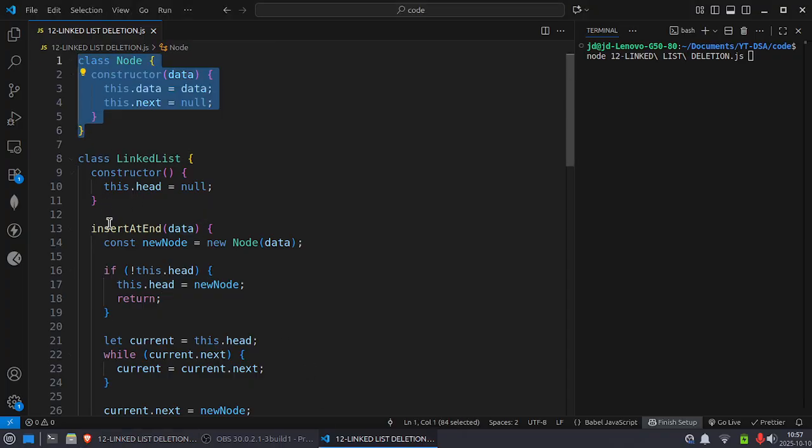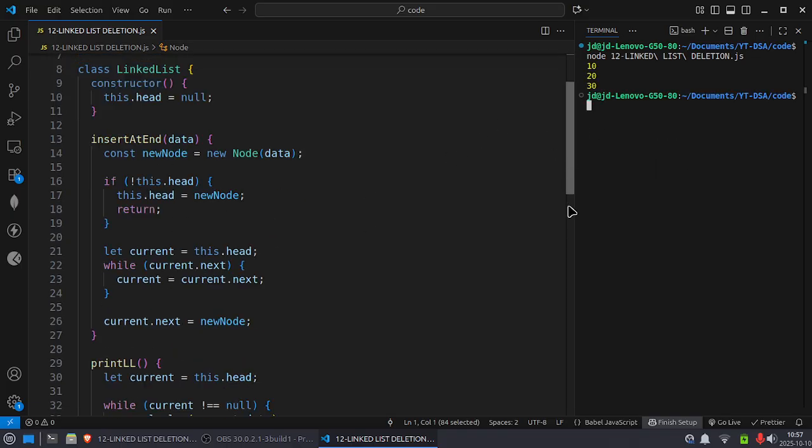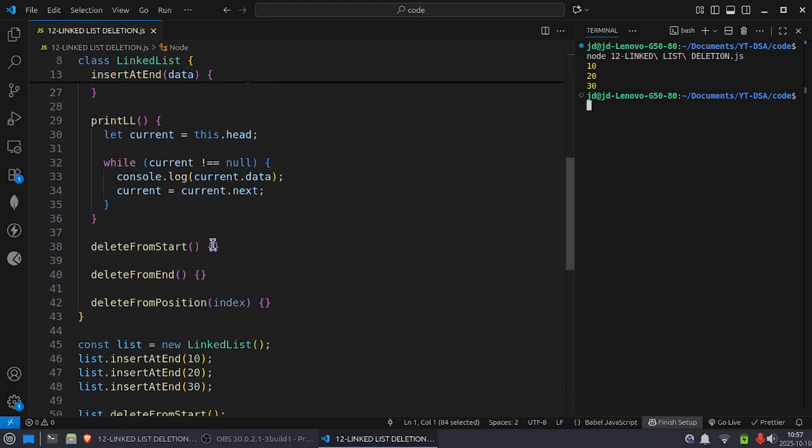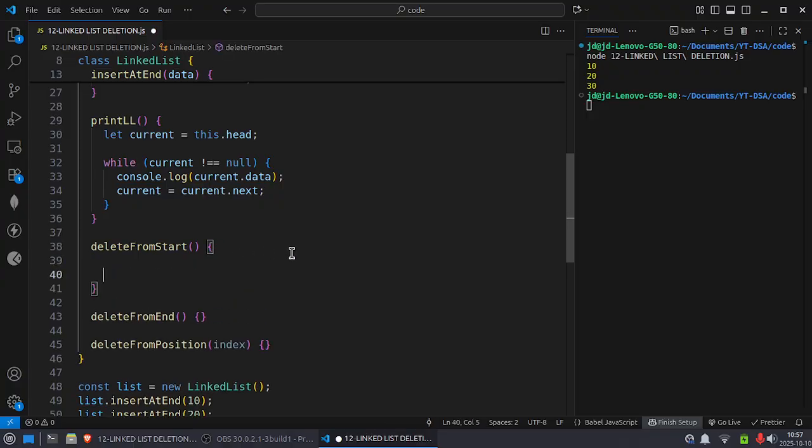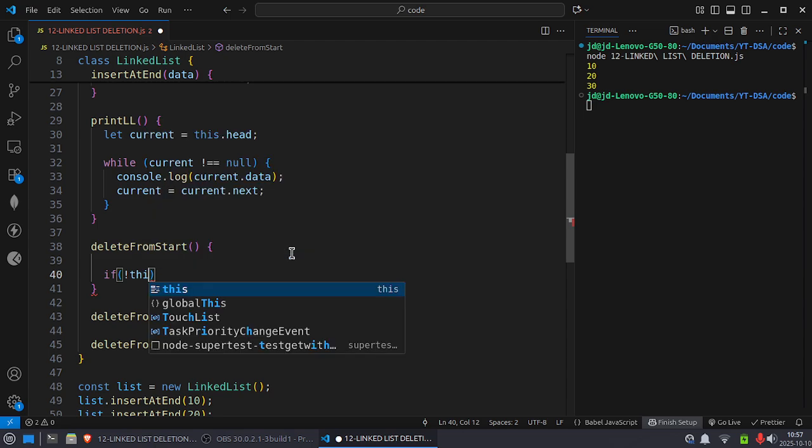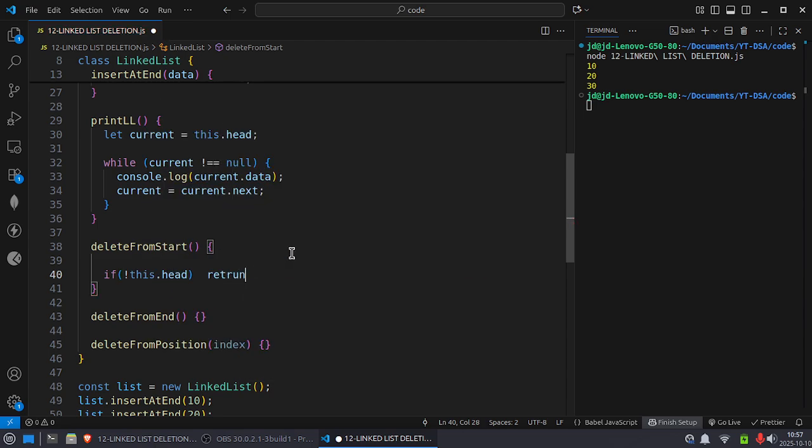I already wrote the class Node and class LinkedList here. If I run this, I get 10, 20 and 30 here. Now I have to write delete from the starting index position. So if this.head is empty, we just return.